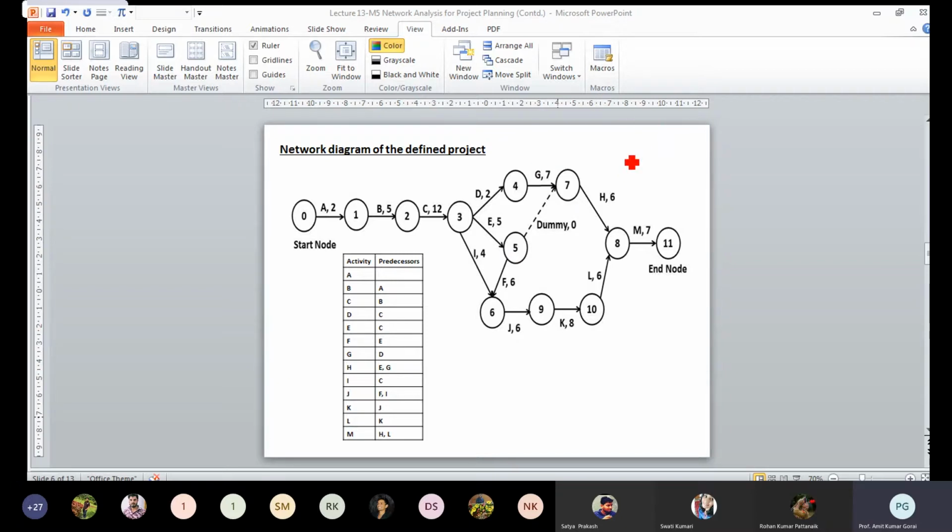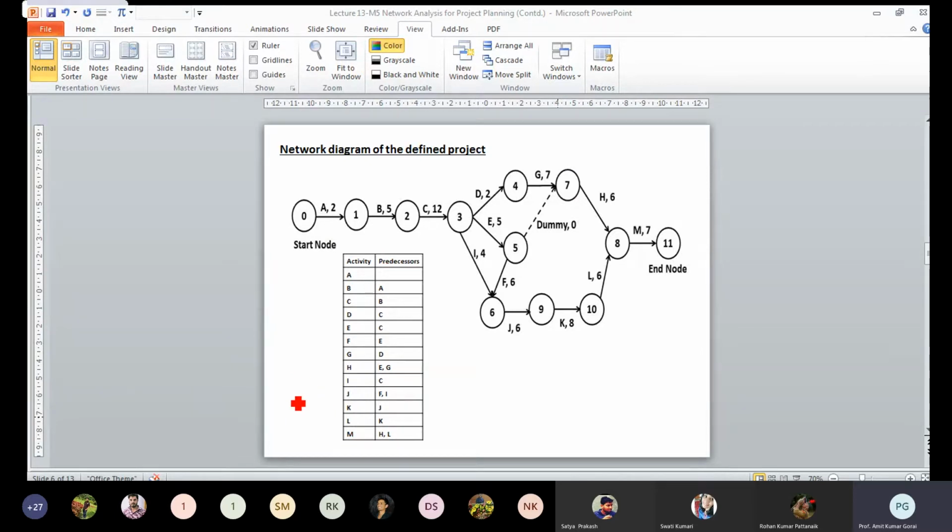If you see, E and G are the predecessors of H. So here it is the predecessor. That means this is a dummy activity. It takes 0 time, and you can directly say that E is the predecessor of job H. And it is also fulfilling the criteria that E is the predecessor of F. So you have to draw the network diagram accordingly. You should not violate any of the constraints or rules here.